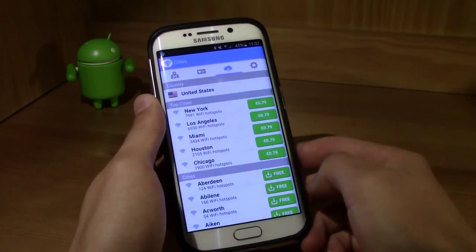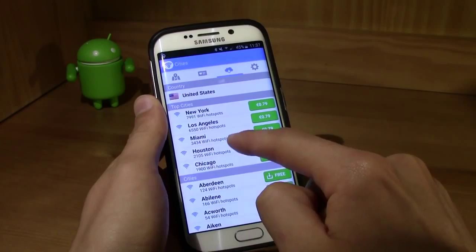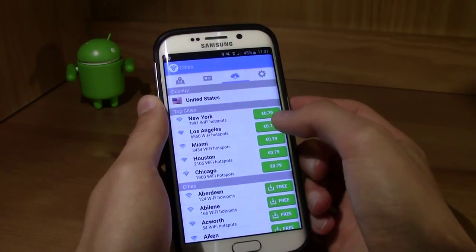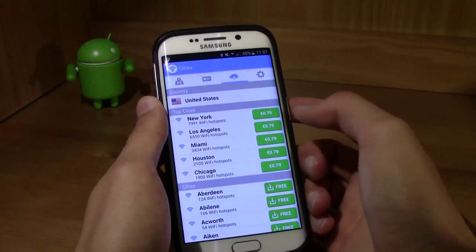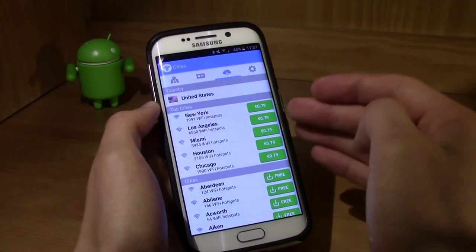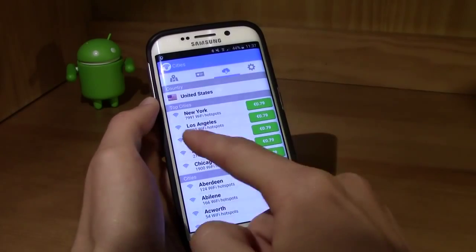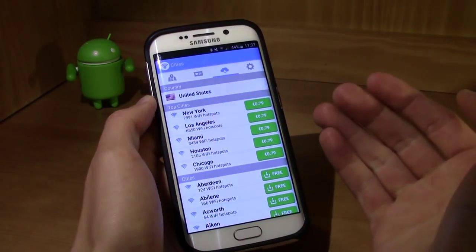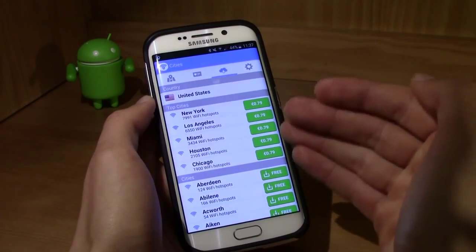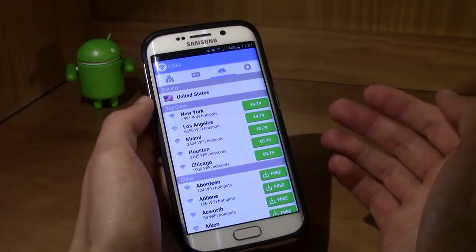United States over here, and for example, you have the top cities: New York, Los Angeles, Miami. For example, this costs about 80 cents of a dollar, but you do not have to pay. You only pay if you want to download it and have all the Wi-Fi hotspots downloaded to use them offline. So basically, this is just to download them, and you do not need to access the internet to get the